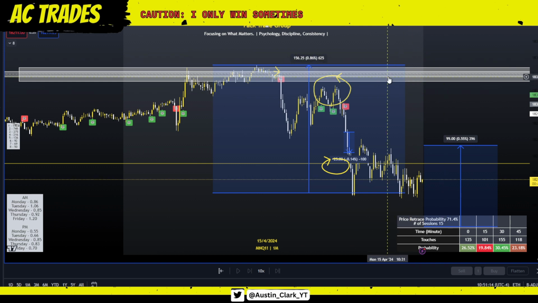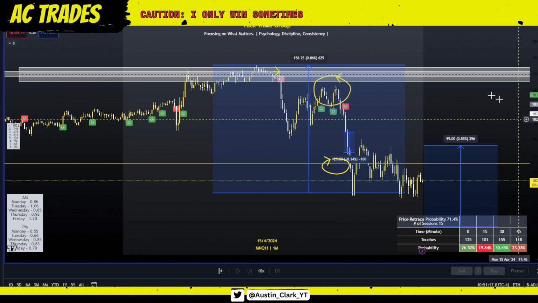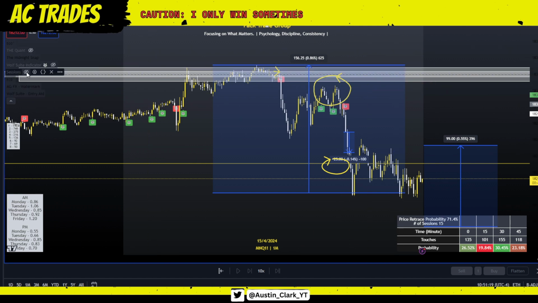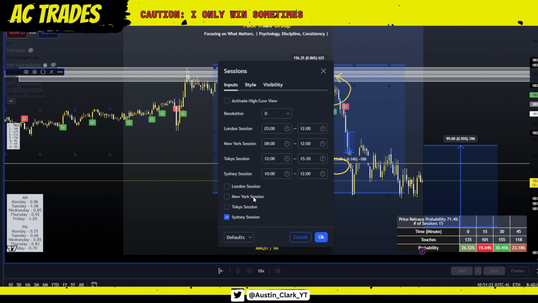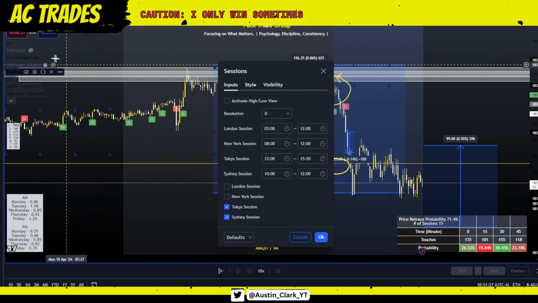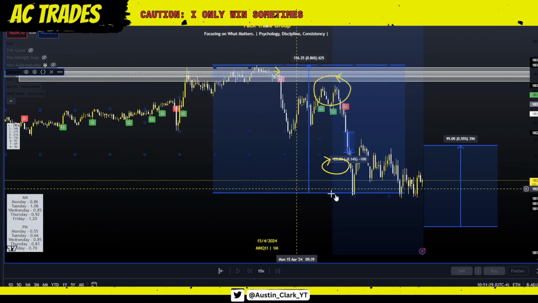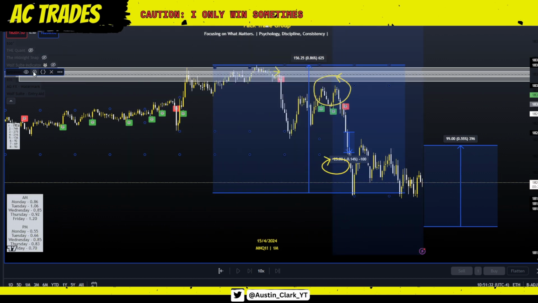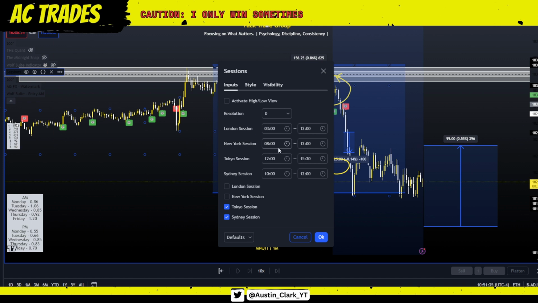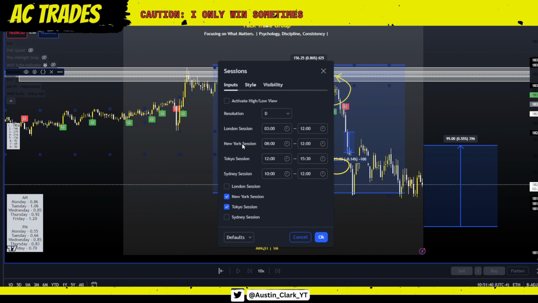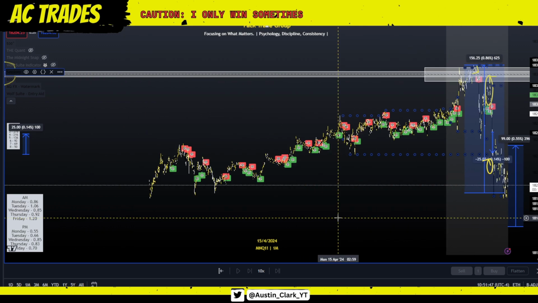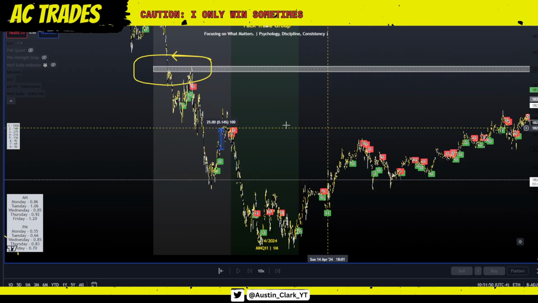So if I know that in an AM session, so if I add my sessions indicator here, and I make it highlighted to show from 8 to 12 and from 12 to market close, so let's do that. And then let's turn off the midnight snap altogether, and let's just have the AM and PM sessions highlighted. So you can see here, let me turn that on, turn that off. So it's showing New York as 8 to 12, Tokyo from 12 to, why is that not drawing? There we go. Oh, it's because it hasn't formed yet.